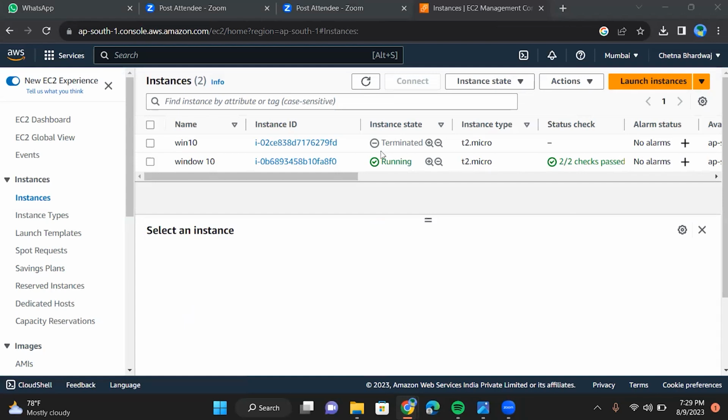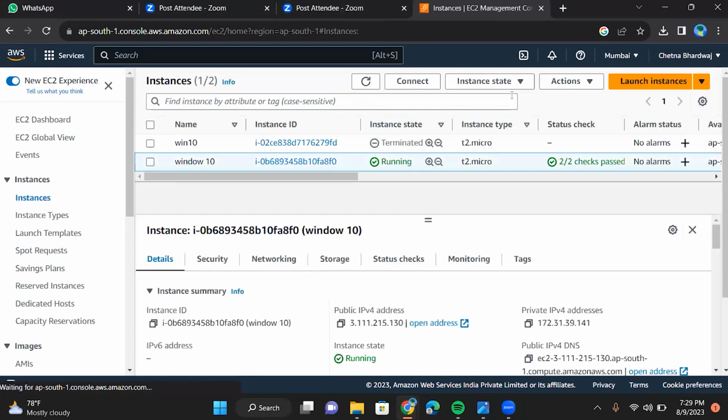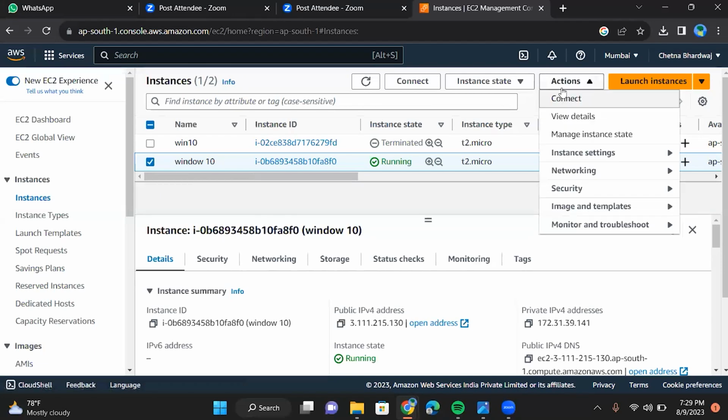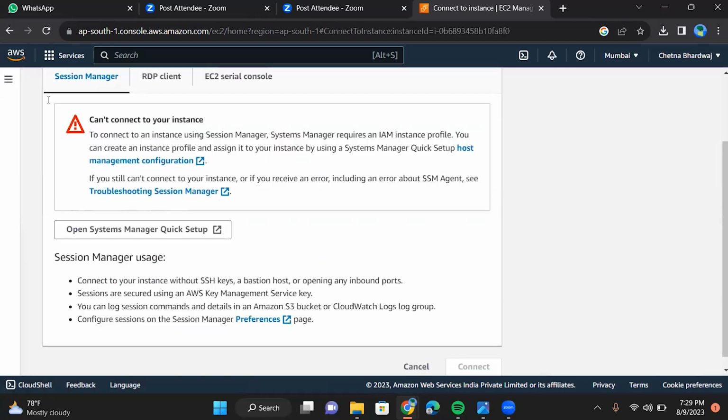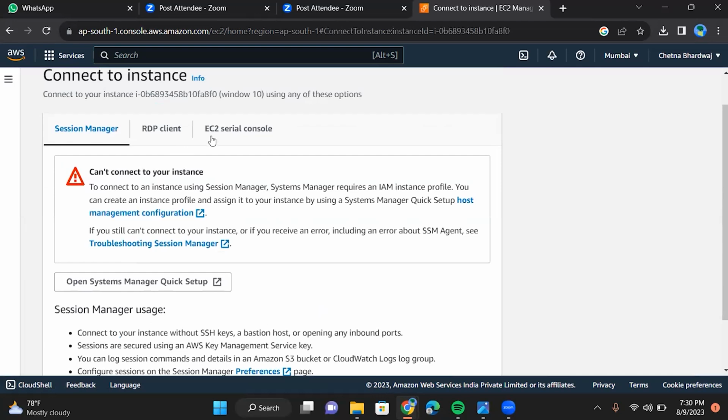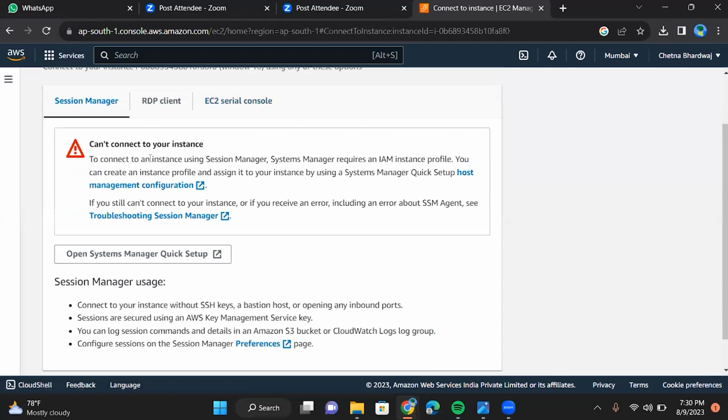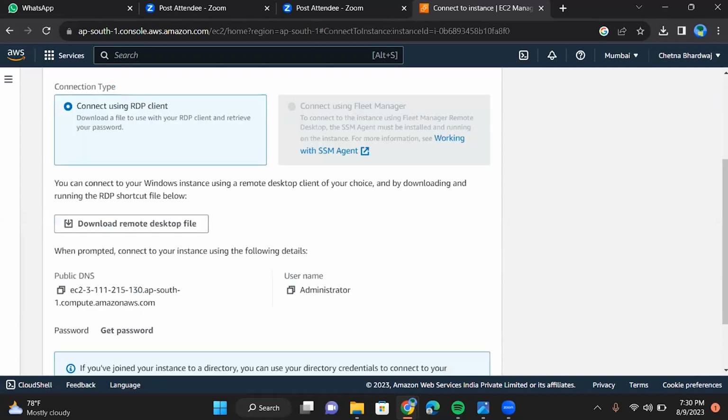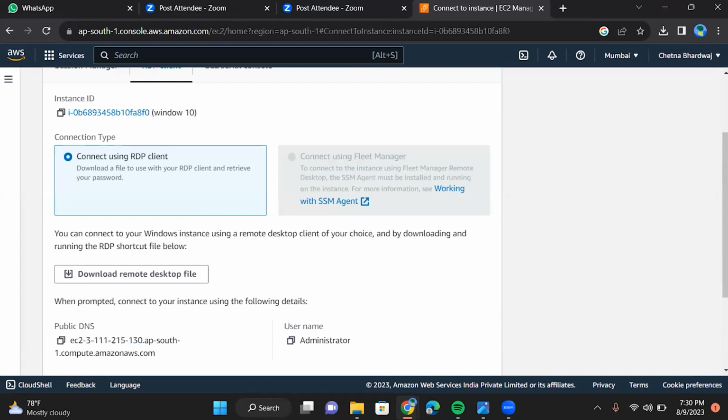Okay, so we will select this instance again, and then we will go to the actions, which is on the very right on top section. After that, we will select the connect option, session manager, and EC2 serial console. We will check them out in another session, but right now we have only allowed the RDP traffic. So we will connect with our instance with the